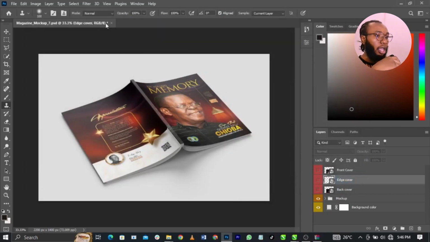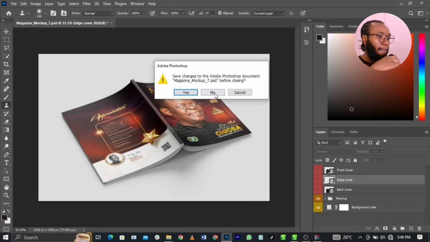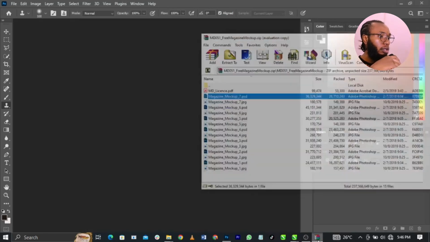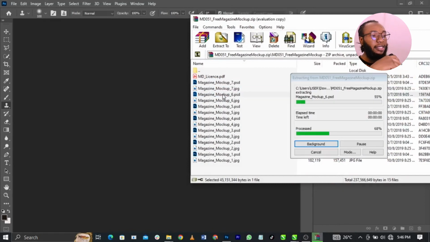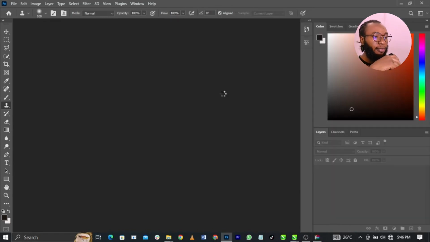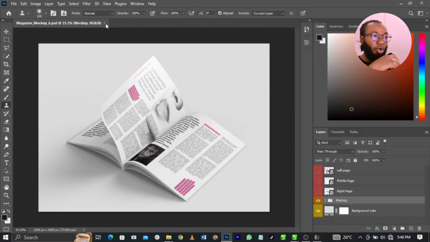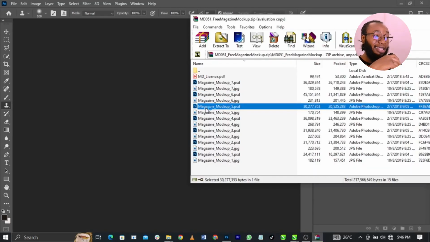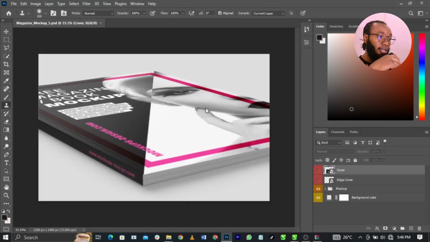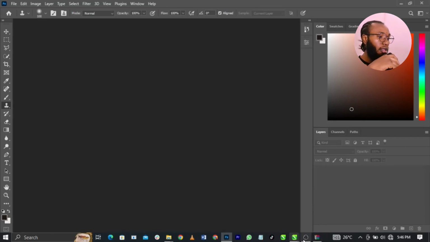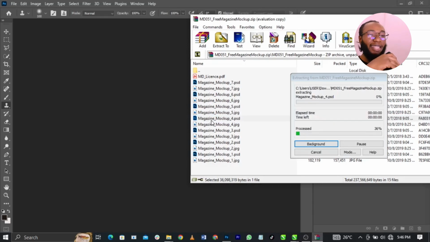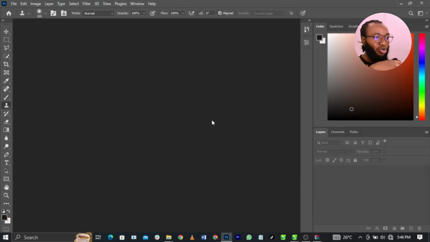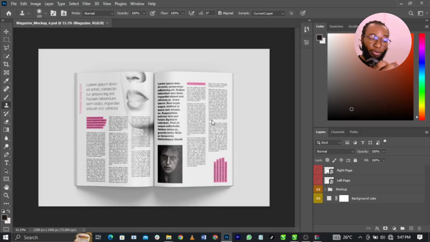So right now, I want to basically close this. Then we'll come over to this and open the second one. All right, second one. You can see there are different things you can select. It's also a front cover. Know how to place them, know how to use a mockup. Don't just put anything you see. You can see this is an open page. You understand? It's an open page, so you can actually come over to this and